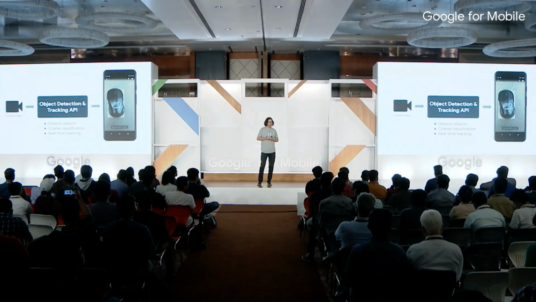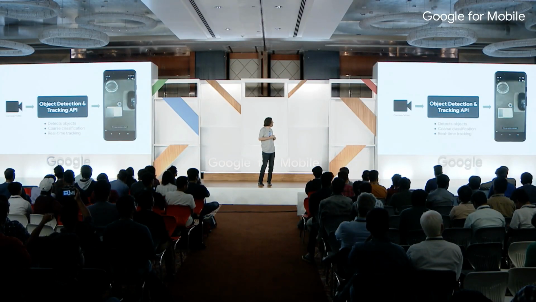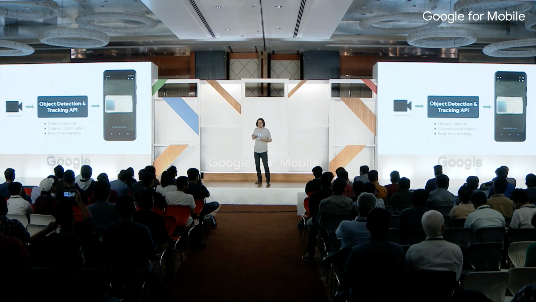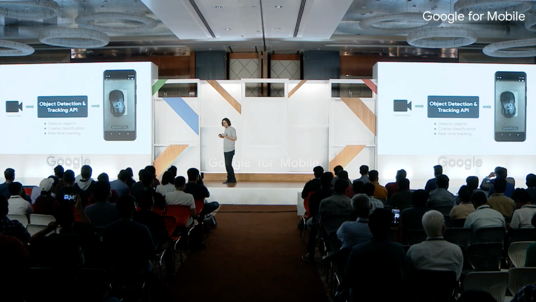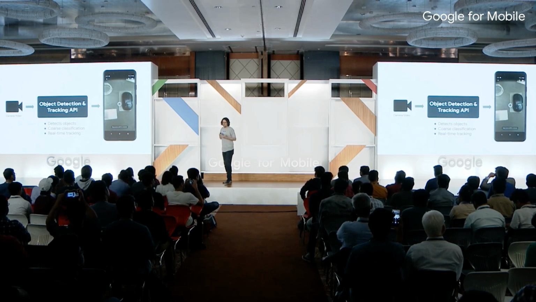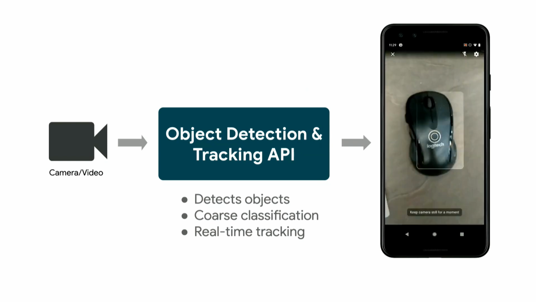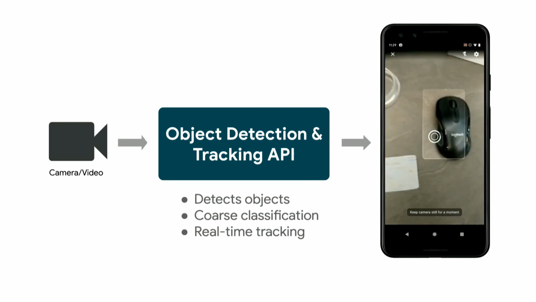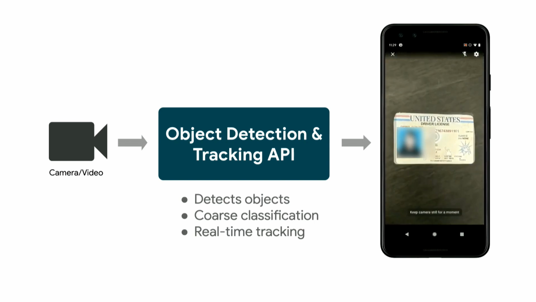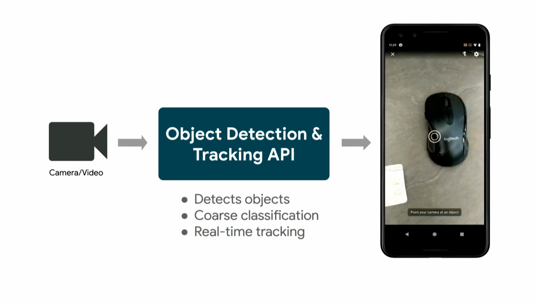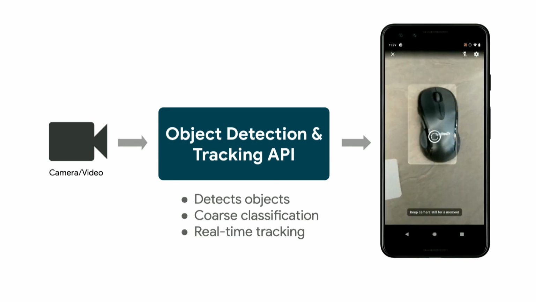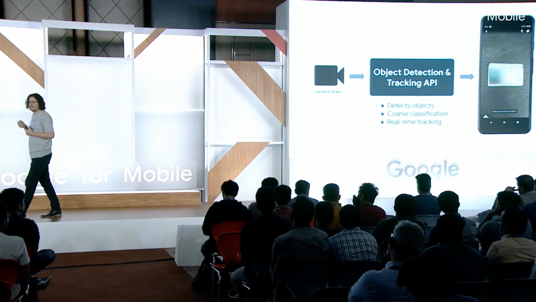Okay, so how about we take the object detection and tracking API? Object detection and tracking as part of MLKit was designed to detect objects. So it's trained to recognize a wide number of objects. On top of it, it does some coarse classification to group it in a certain number of classes that we won't really use in this example. And it also does real-time tracking of that object in the camera. So you can provide a more smooth experience to your users. You can just let them point the phone at an object and it will be found and tracked in space rather than having to take a photo of it.